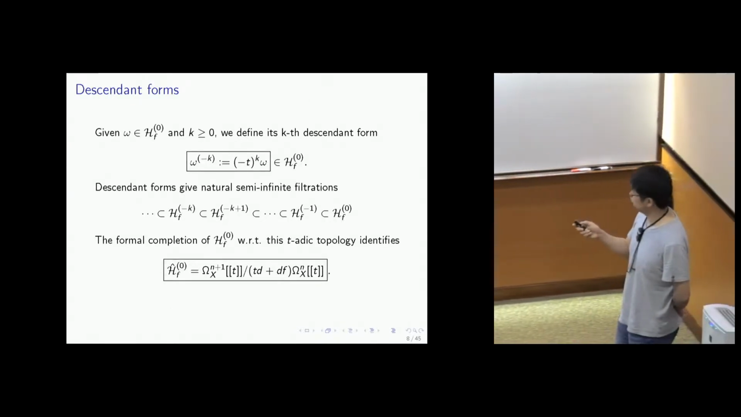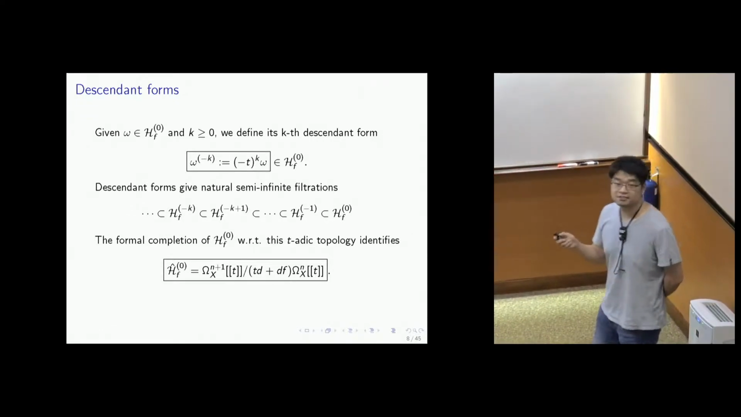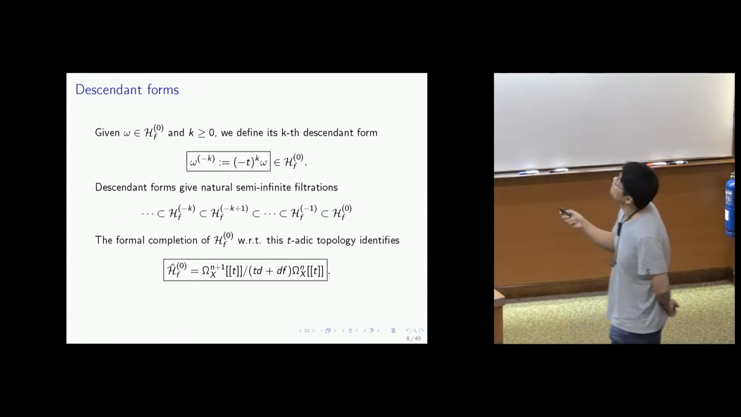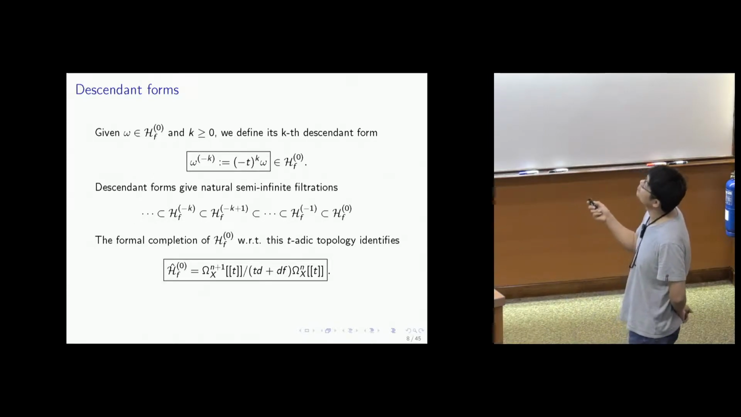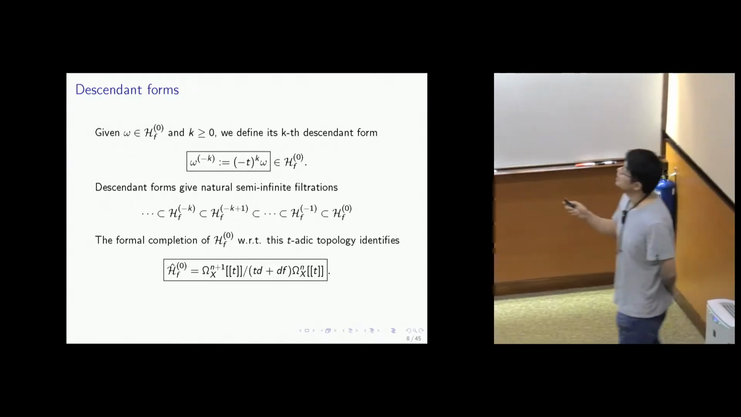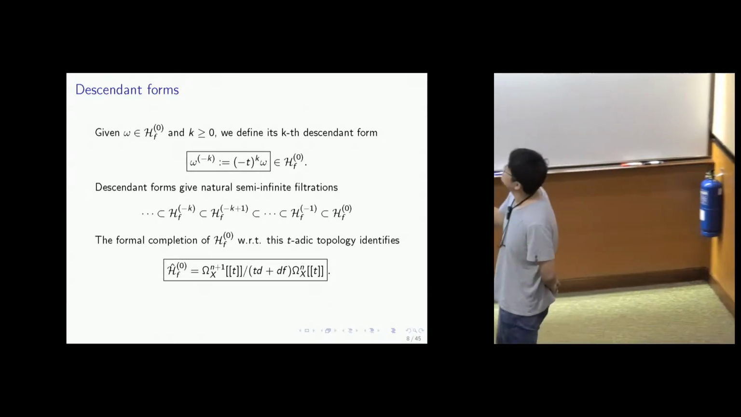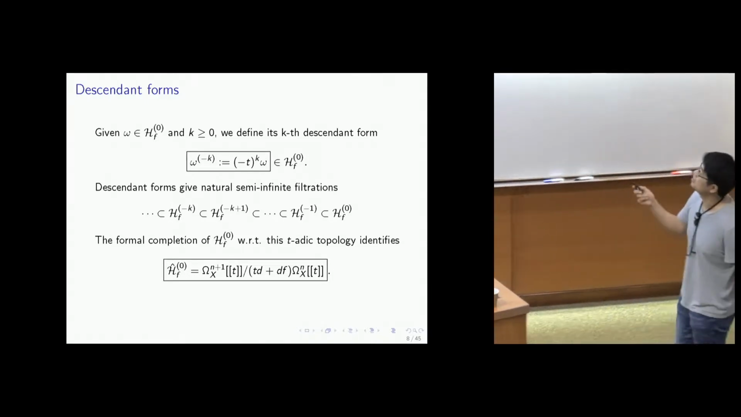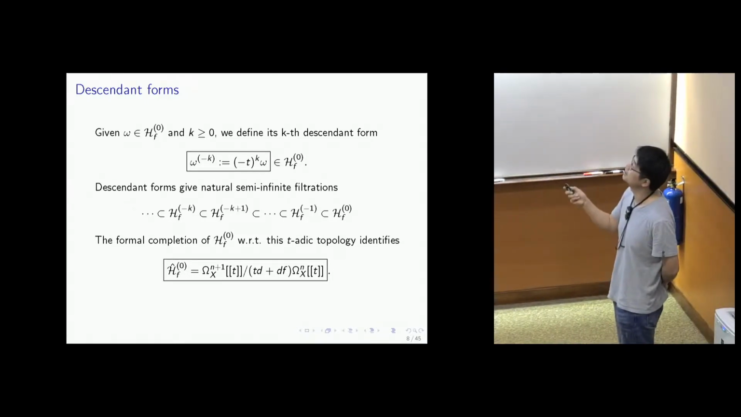With this operation, you can define the following structure. Starting with this element, we define its k-th descendant form by applying this operation k times. I can do it infinitely many times. From this data, this gives a natural so-called semi-infinite filtration. The original Brieskorn lattice, you apply T once, twice, and so on, and you get an infinite